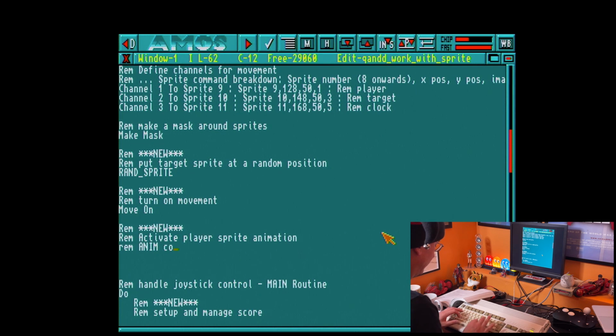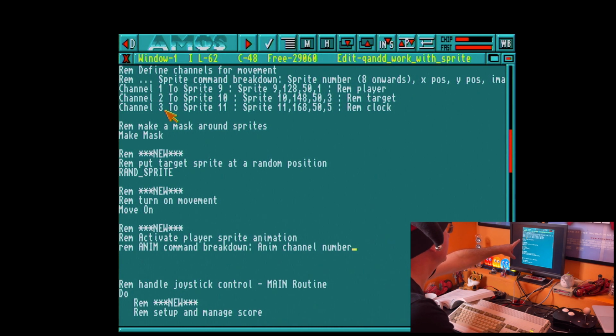So the anim command breakdown is like this. So it's anim, and then it's the channel number. Okay, the channel number. Maybe we've got these channel numbers defined up here, 1, 2, and 3. So Sprite 9 is channel 1, Sprite 10 is channel 2, and Sprite 11 is channel 3. Don't forget that. So it's our channel number, and then we do the comma,